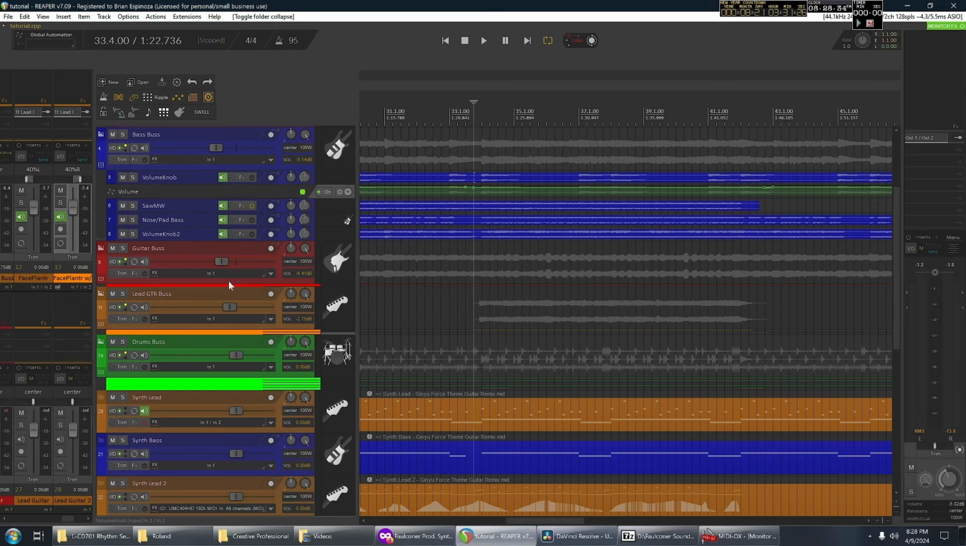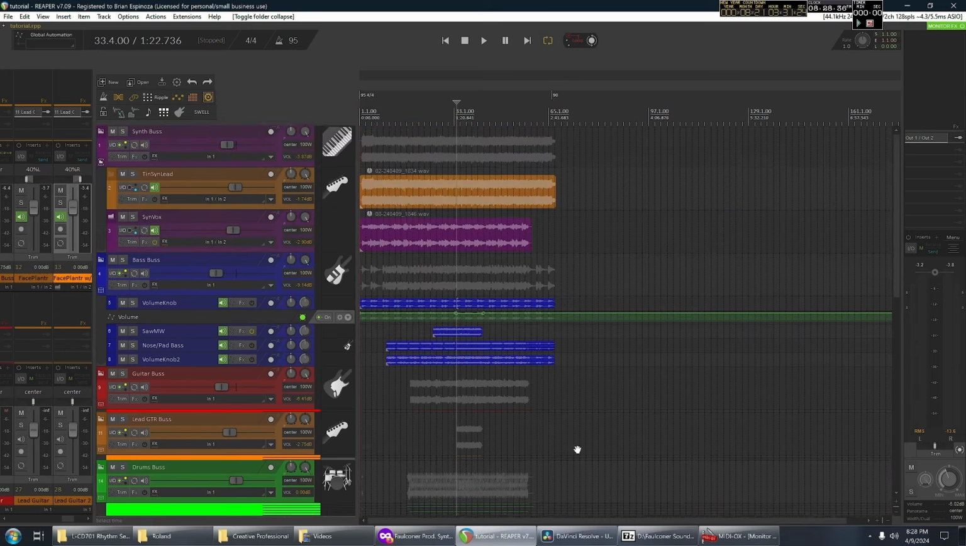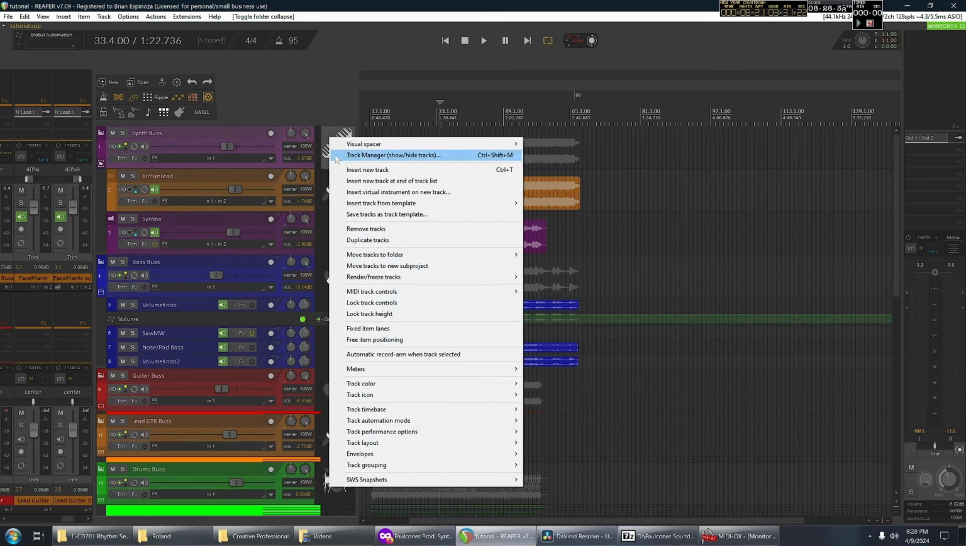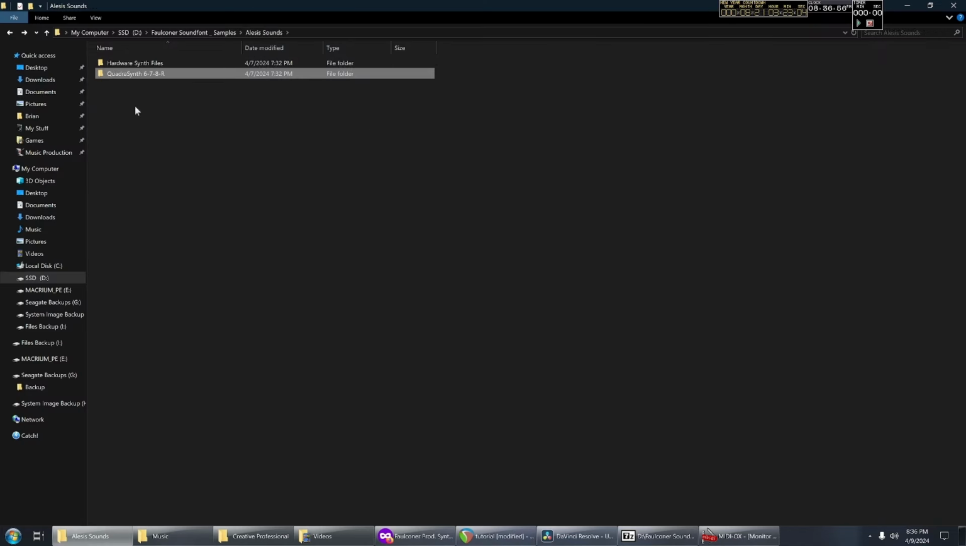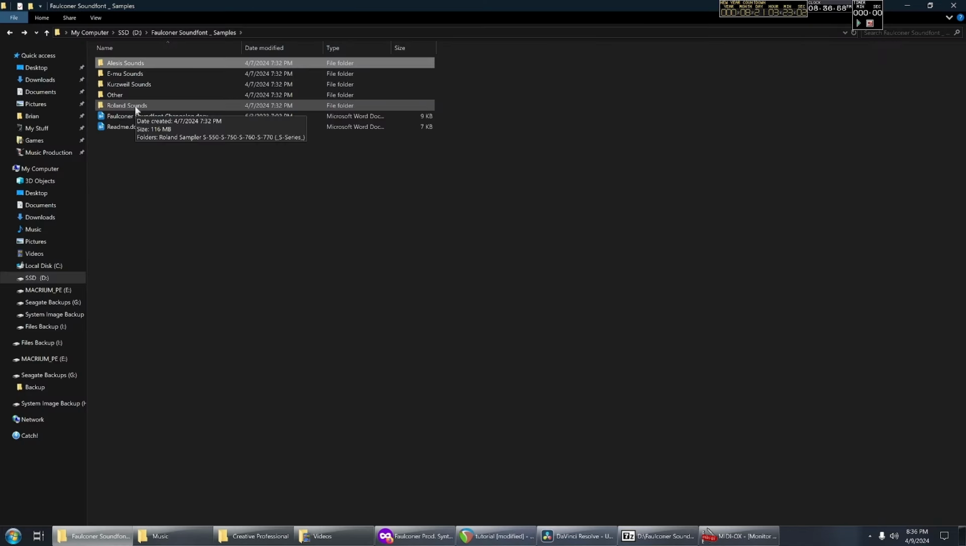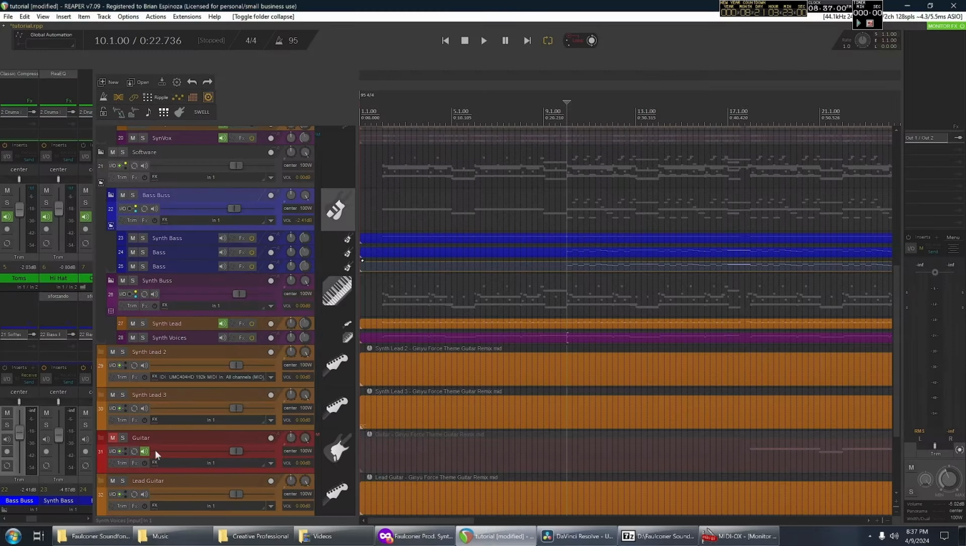So that's it. I'm gonna create a track and I'm gonna call this hardware. Of course, I would usually call it the master bus or something like that. Yes, I don't have a saw MW sound font, so we're gonna have to substitute that with